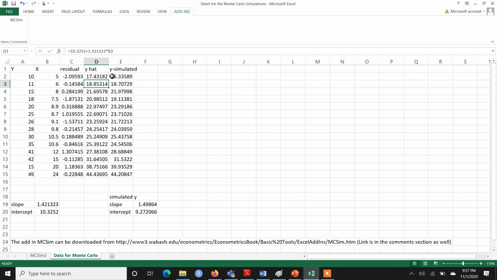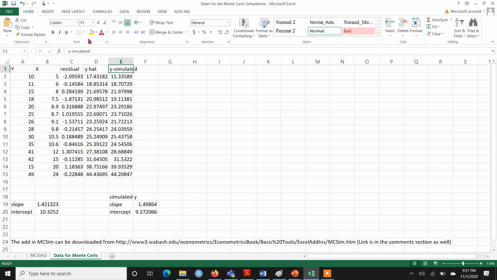Next, this column is quite important, so let me highlight it. Y simulated is, instead of using actual values of y, this time I'm going to use simulated values of y. And how am I going to simulate this? Notice that simulated y is the sum of predicted y plus the residual part.